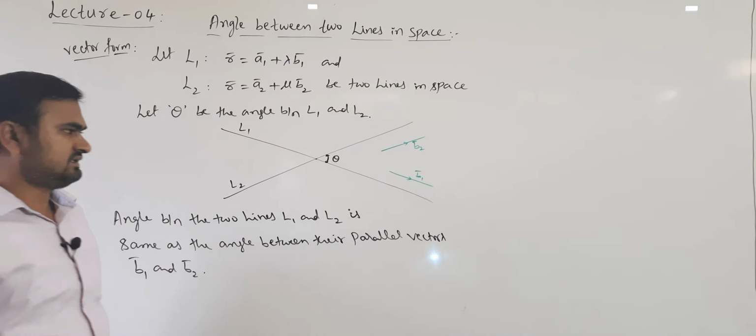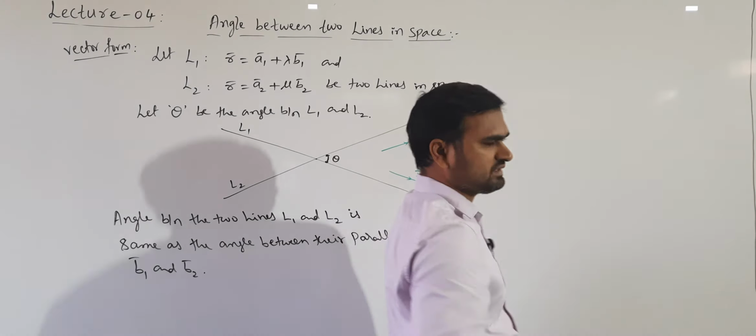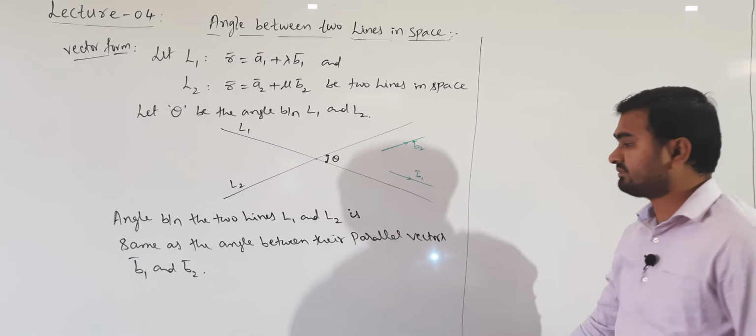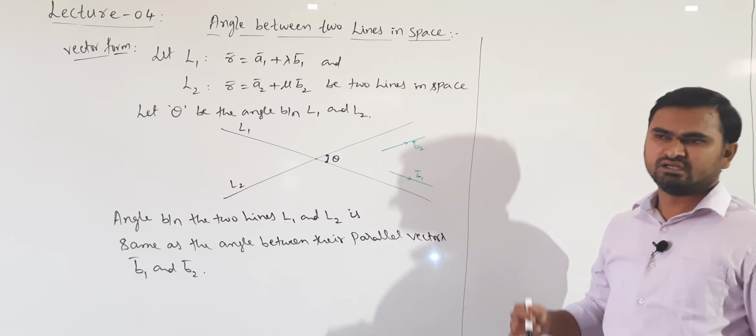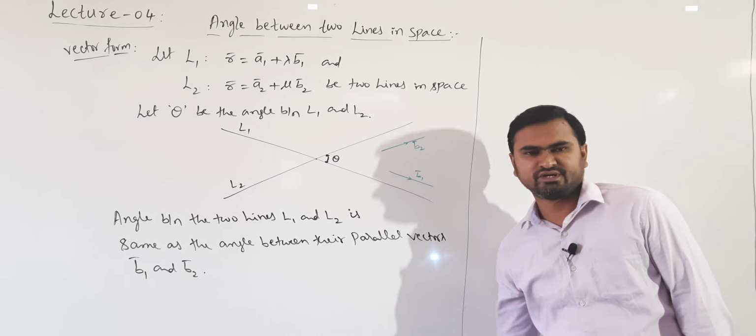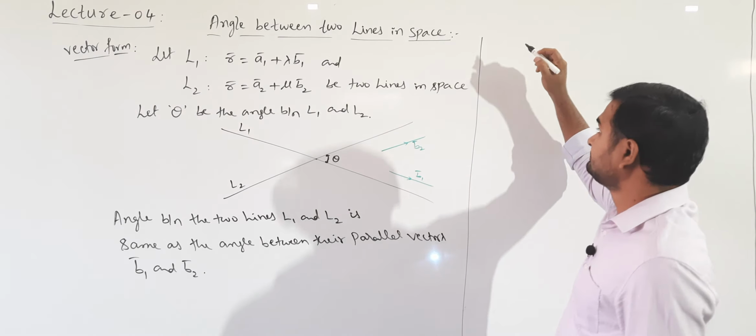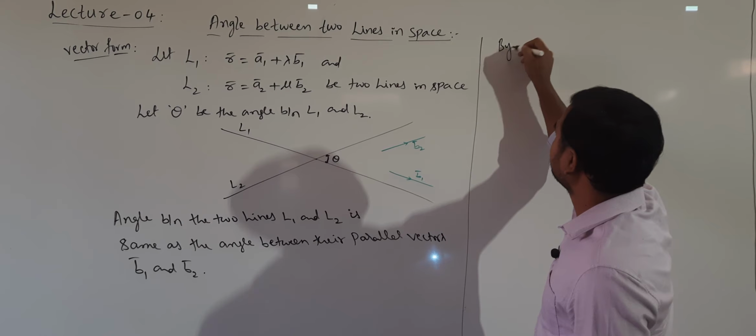So we have to find that theta. Now when two vectors are known, how to find the angle between the two vectors? We know by using dot product we can find the angle between two vectors, and also using cross product we can find the angle between two vectors. Now dot product will be easier to simplify. So by using dot product,